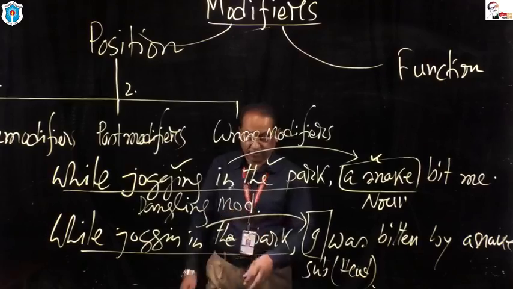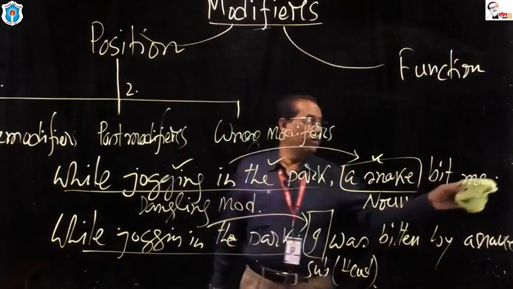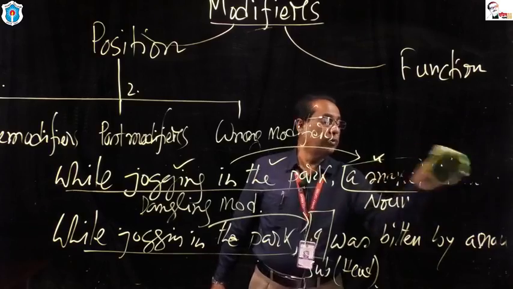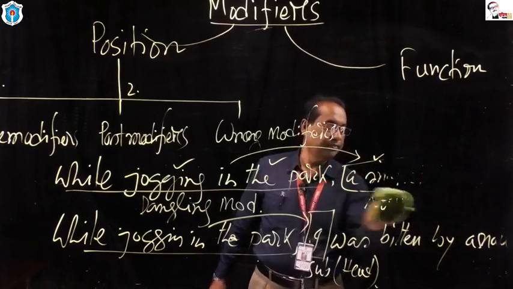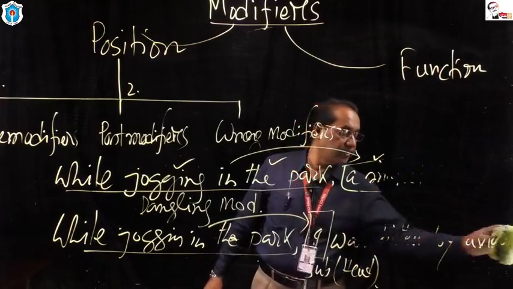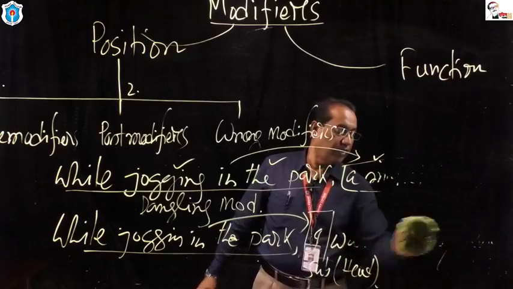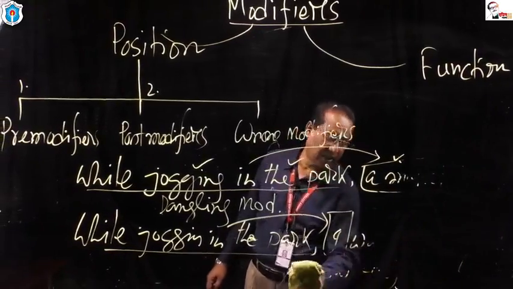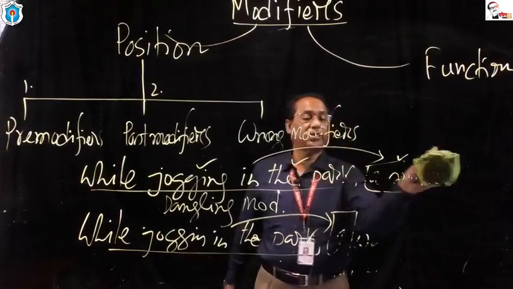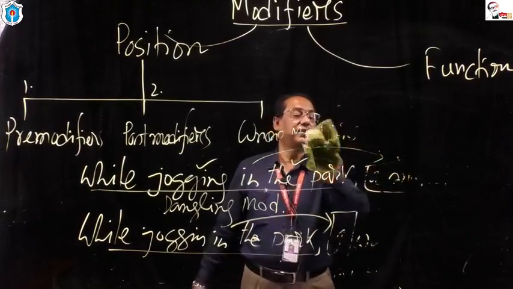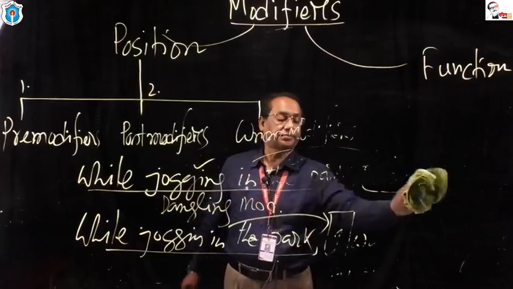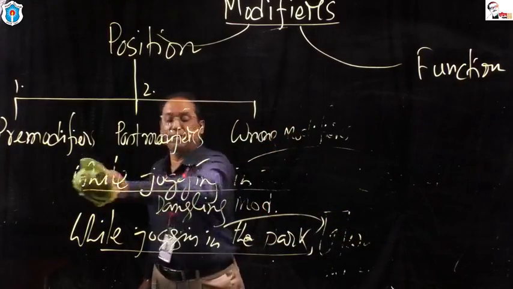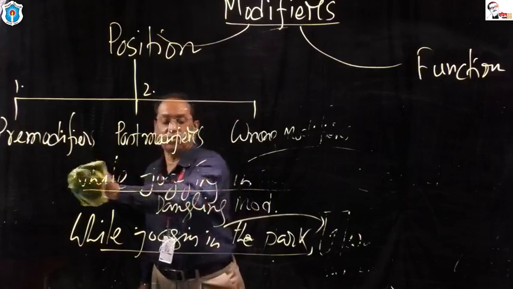ড্যাংলিং মডিফায়ার হচ্ছে একটা ফ্রেজ সাধারণত, যা সেন্টেন্সের শুরুতে বসে ইউজুয়ালি, এবং যে ভুল জিনিসটাকে সে মডিফাই করে, কারণ যাকে তার মডিফাই করার কথা তা সেন্টেন্সে অ্যাবসেন্ট থাকে, আর এই অ্যাবসেন্ট থাকে বিধায় এই ভুলটা হয়। ওকে, তাহলে কারেক্ট করতে গিয়ে আমাদের খেয়াল রাখতে হবে ড্যাংলিং মডিফায়ারে এ ধরনের ঘটনা যাতে না ঘটে।